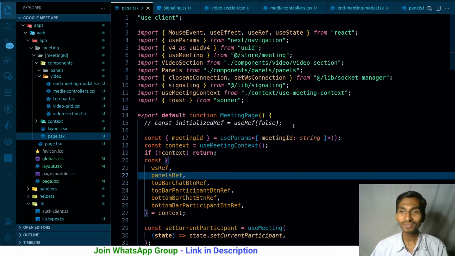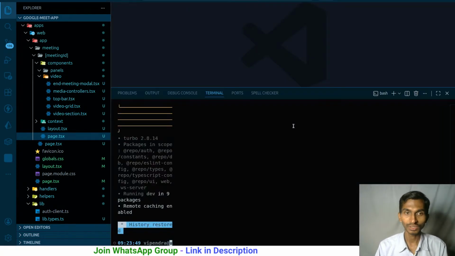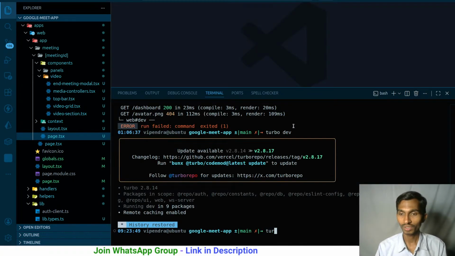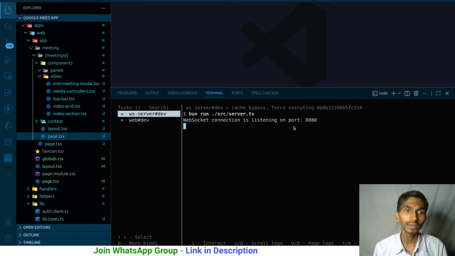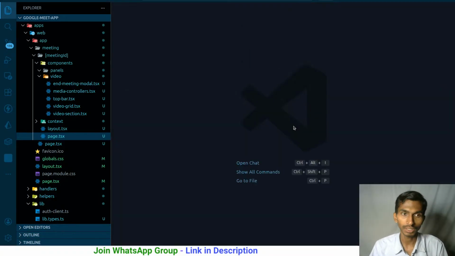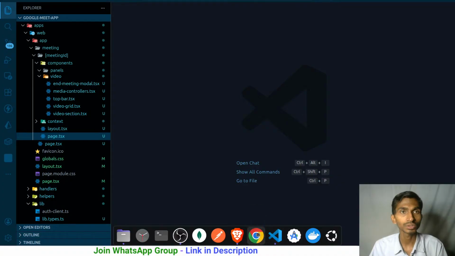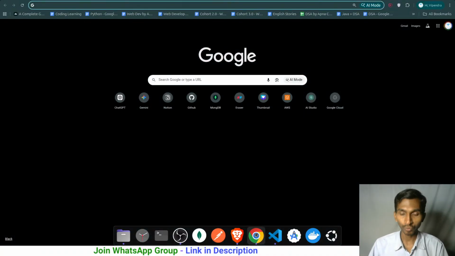Okay. So we were working on this project, and let me close everything and restart. So turbo dev, and let me work on some more functionalities. And maybe even before that, I would like to restructure the project a bit better, because there are not many components, and I've written the whole code in a single file. That is not a good thing at all. So we will be focusing on that.